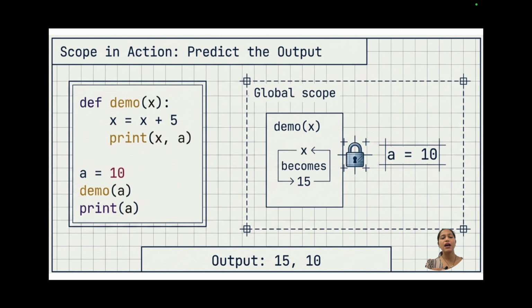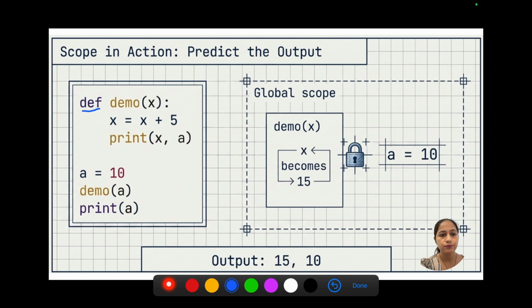So let us try to see this example of scope. We have defined the function def demo, which takes argument x. Now x is x plus 5 and I am writing print x comma a. I have defined here outside the function a equal to 10. I have sent demo a and then printing a. Let us see what it should print.